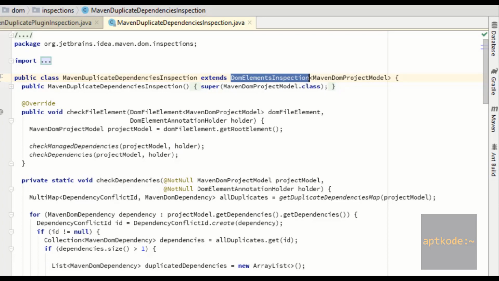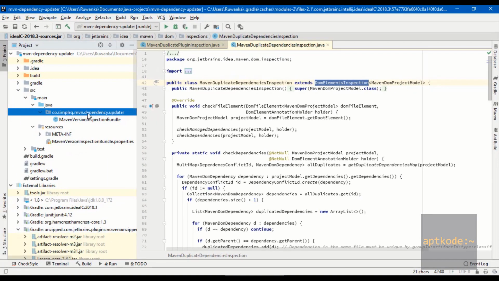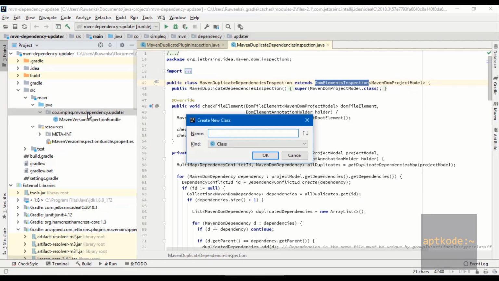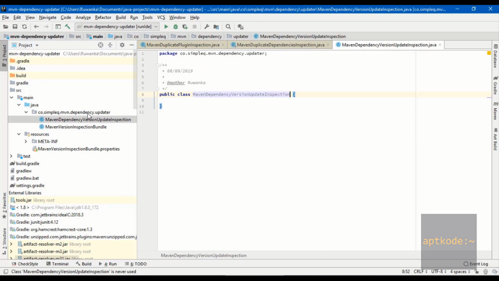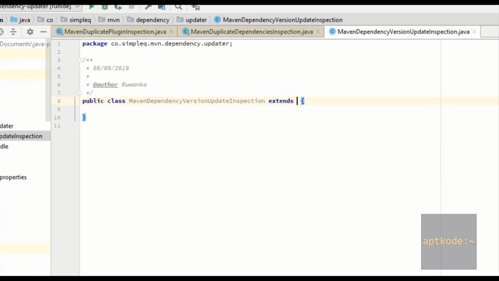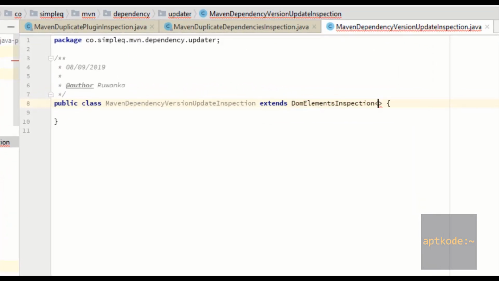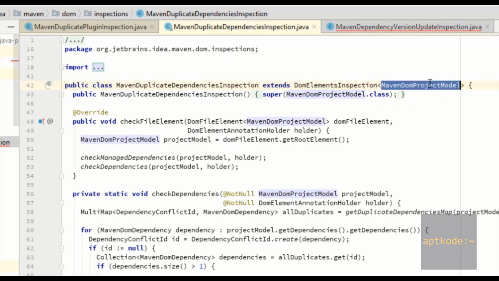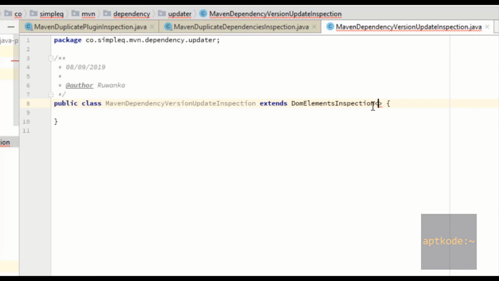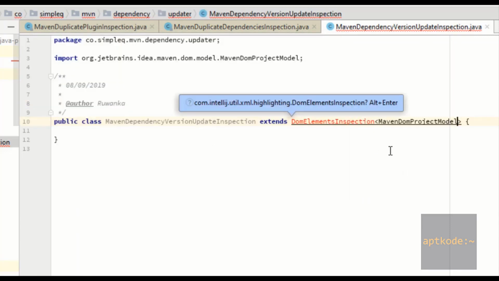So I'll copy that one, and basically I'll create a new class, Maven dependency version update inspection, right? And I have this one, and then we need to extend from this DOM element inspection, right? And Maven DOM project, right? Okay, now it's